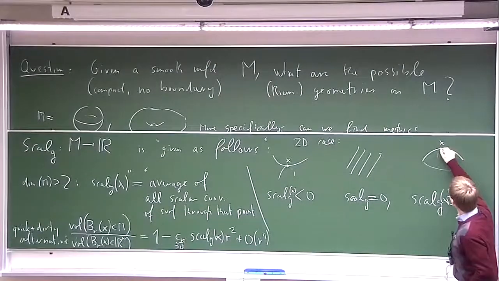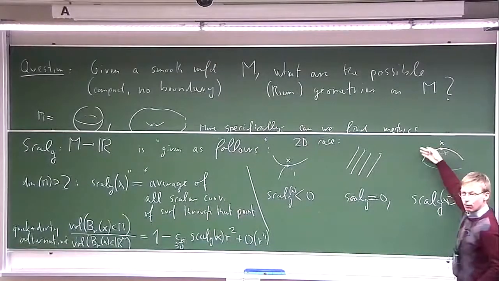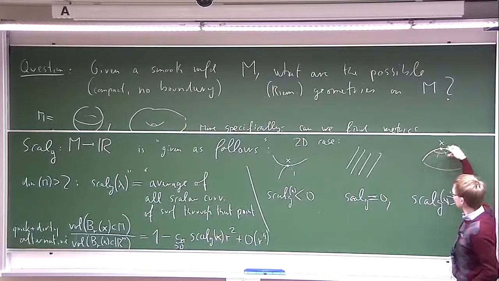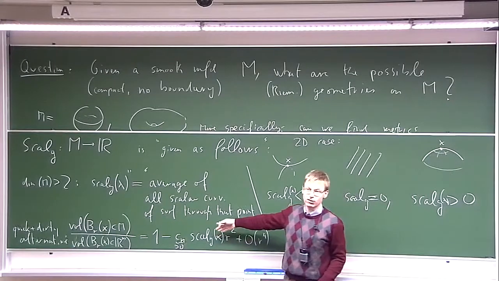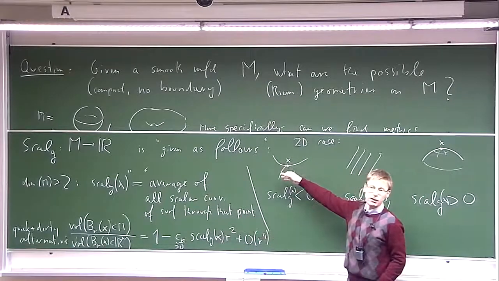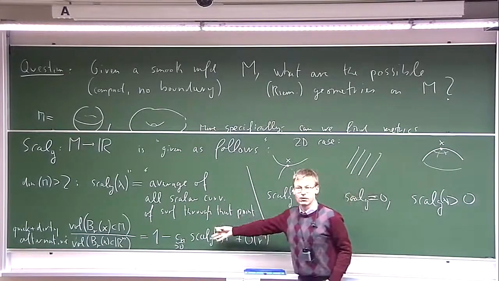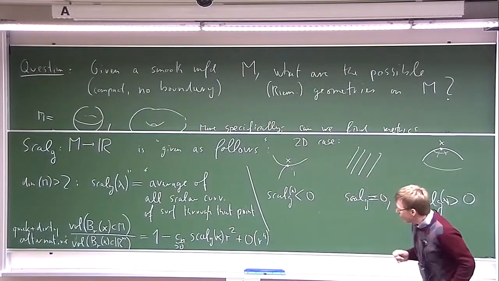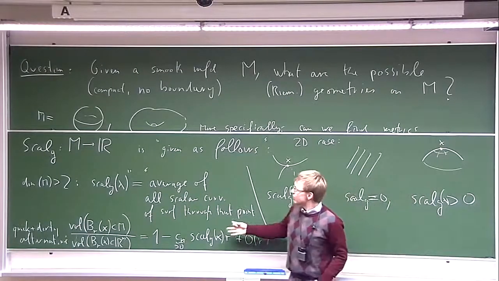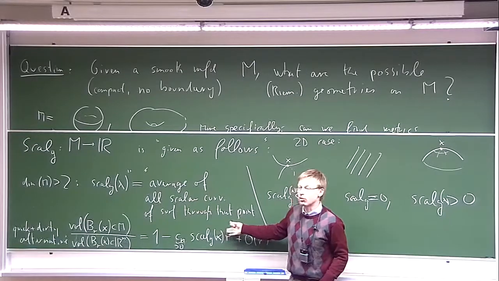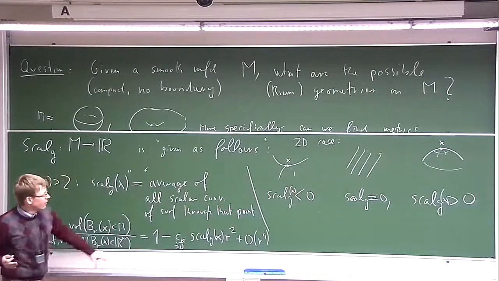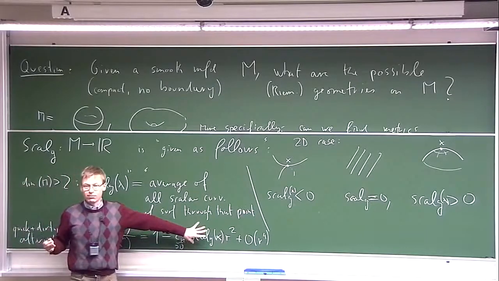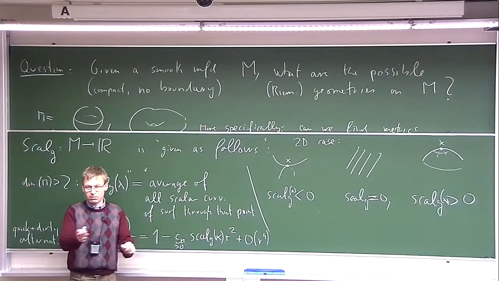By the co-area formula, the volume of a ball of radius r, because the circles of radius r are shorter than in Euclidean space, will be smaller than you expect it to be in Euclidean space, whereas in the saddle situation it will be bigger. And that's exactly what you see here. Why did I write this down? It's not particularly suitable to compute anything, but it should tell you that this is really a rather weak invariant, the scalar curvature. It doesn't measure much. It just measures the volume expansion of small balls.